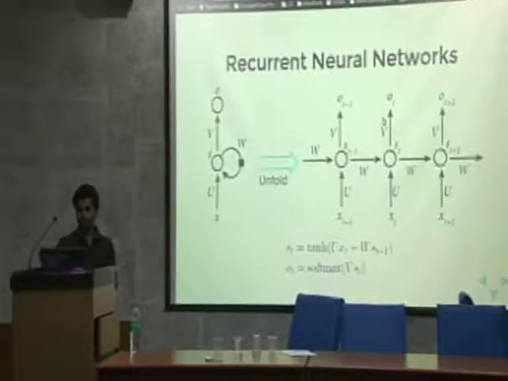Now, they are called recurrent neural networks because this is generally how they look. You have the input, you have a weight parameter which is U, you have a hidden state which is S, then you loop through this state a couple of times, and then you finally return the result. Now if you unfold it, this is how it looks. So t, t minus 1, t plus 1 are basically the timestamps, which you can consider as the words in a text. If you are right now at the fourth word, your third word will be at the t minus 1 timestamp, and your next word will be at the t plus 1 timestamp.